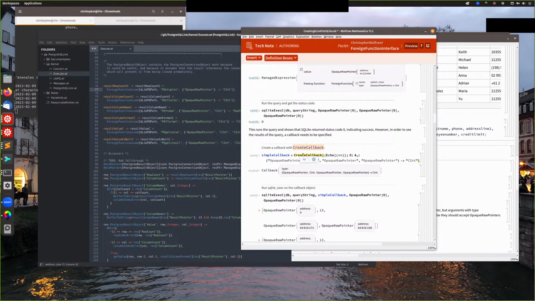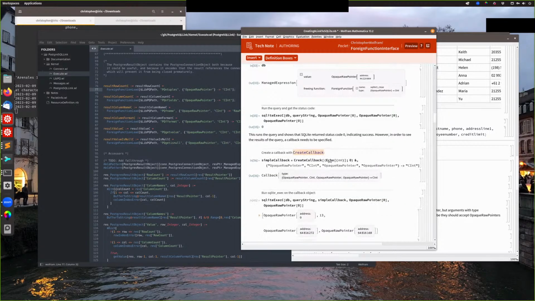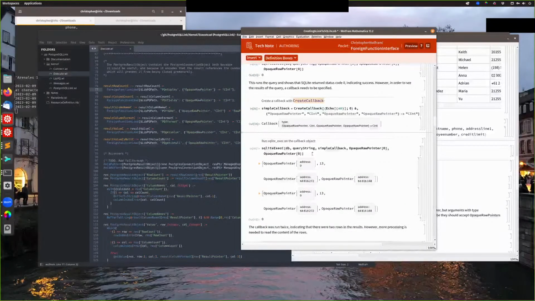Otherwise, here, what I've done is I'm making this callback object where I'm giving it a top level function, which could be any, I mean, this could be F, but I'm just giving it something that will print. And then I'm giving it a type signature, and this type signature is exactly this one right here. And then if I actually run this thing, you see